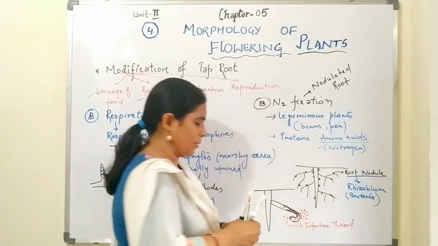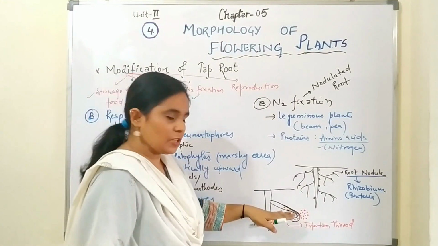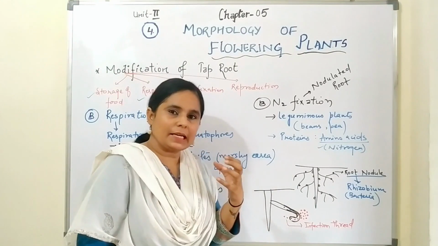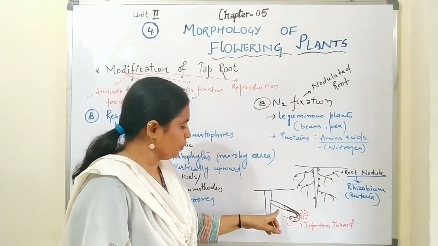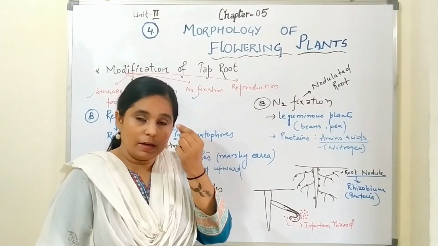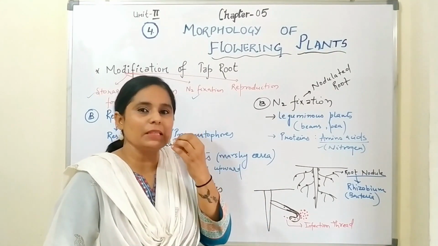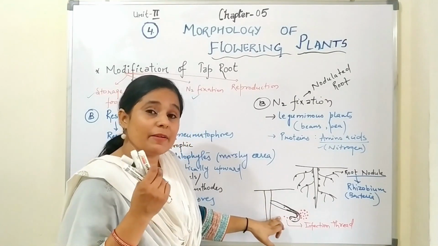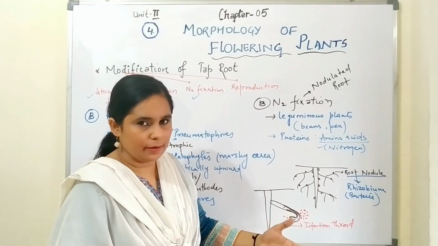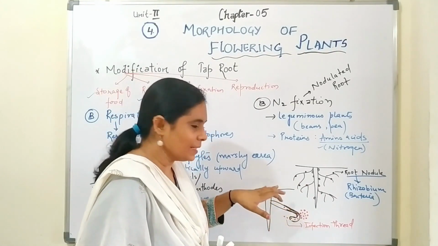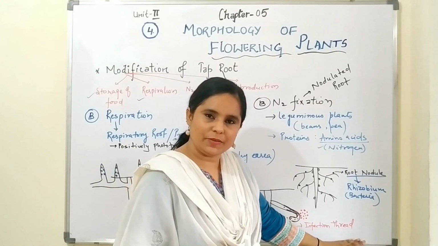Okay, so again I am repeating it. First of all, the bacteria will come near the root hairs. They will secrete a chemical, due to which the shape of the root hair will change. Their cell wall will become thin, due to which it will be very easy for the bacteria to enter in the root hairs. As they enter in a line, this is called as infection thread.